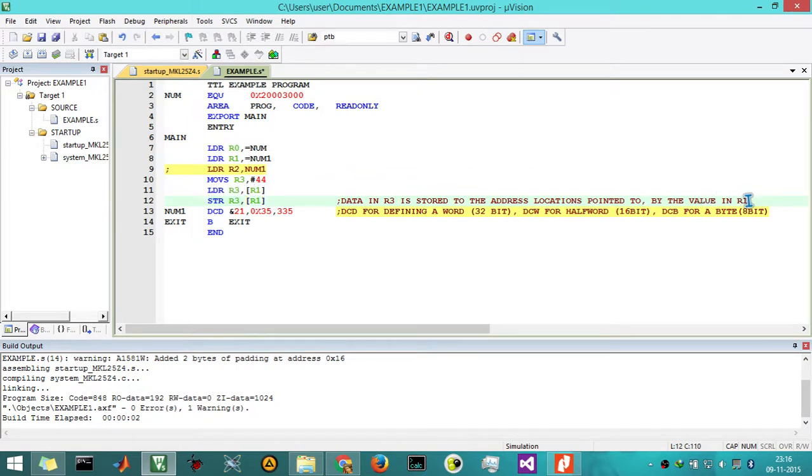And now we are going to see about LDMIA and STMIA. Prior to going to those instructions, some more instructions with LDR can be used.